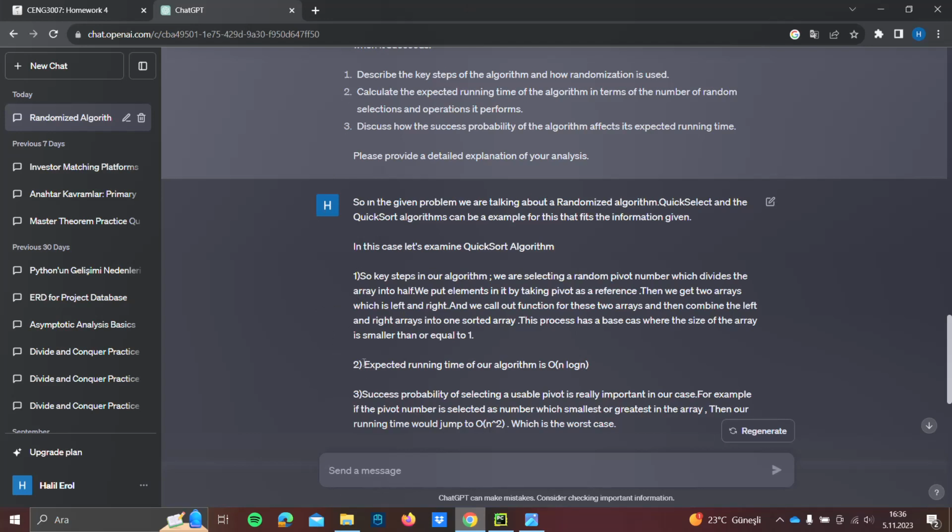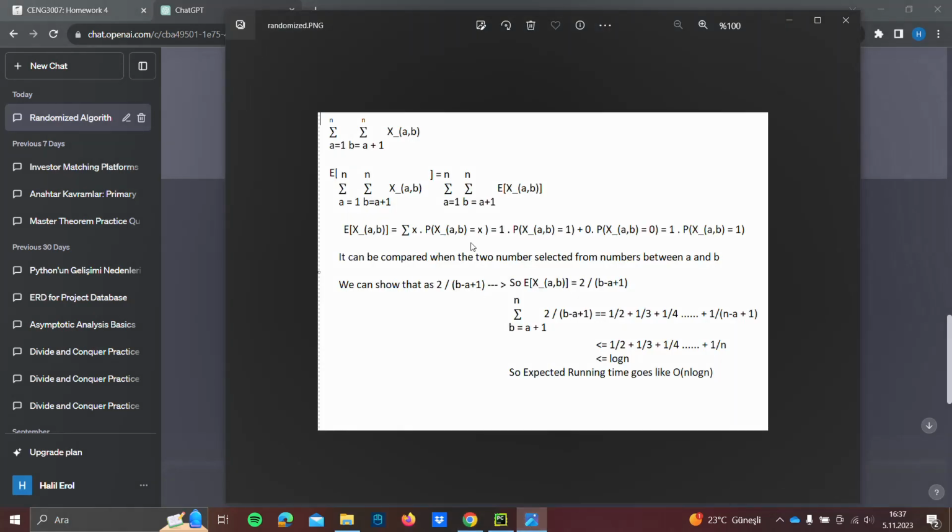In the second question, it asks me to calculate the expected running time of the algorithm in terms of random selections and operations it performs. I wrote here, it's not a detailed answer, but let me show you the details of this answer here. So here, in the quicksort algorithm, in order to calculate the running time of an algorithm, we have to calculate the comparison number between elements. So in order to do that, we can